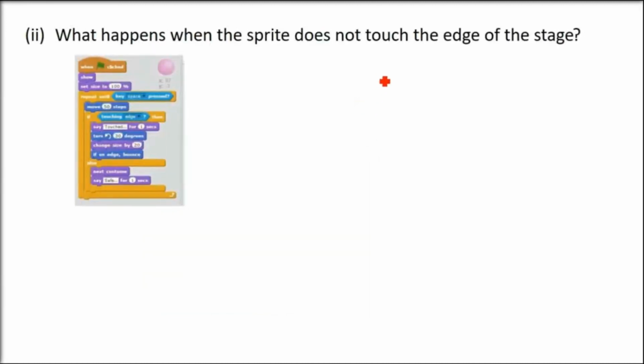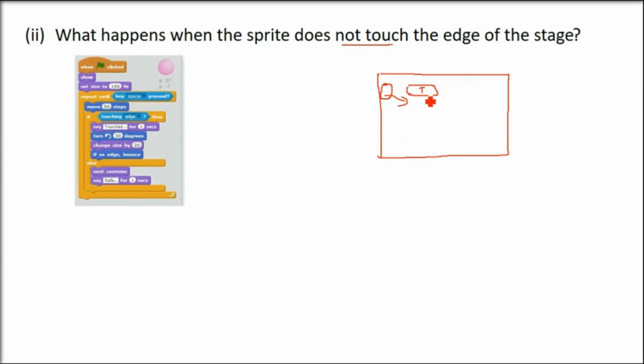That means, if you see here, both the options are being asked here. So if somebody touches here or this mascot touches here, that is the edge, what will happen? There will be some message that it touched for 1 second, and there will be positional change and some change, size by 20. Okay. What will happen if it doesn't touch the boundary? So not touching is else here.